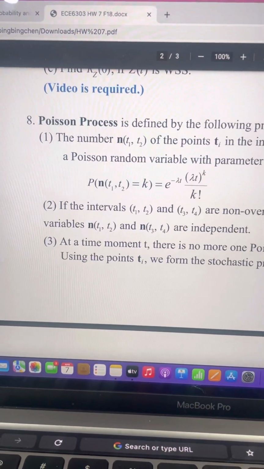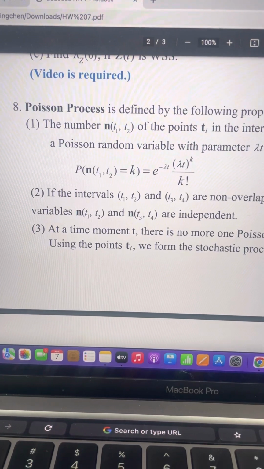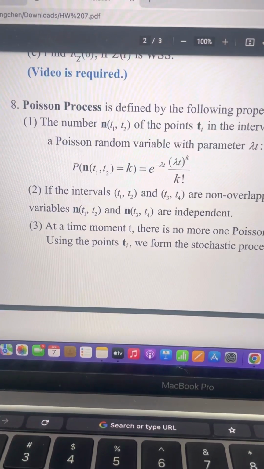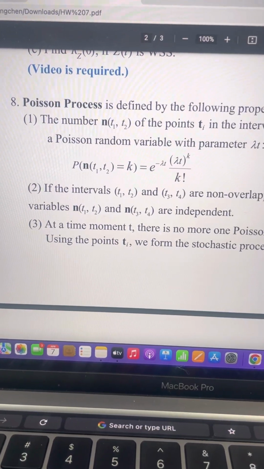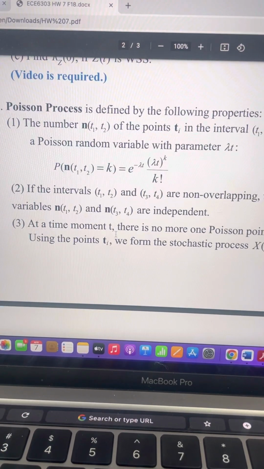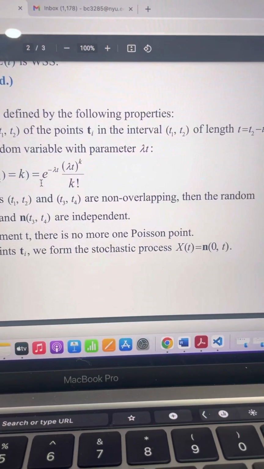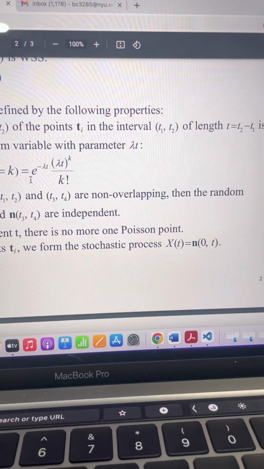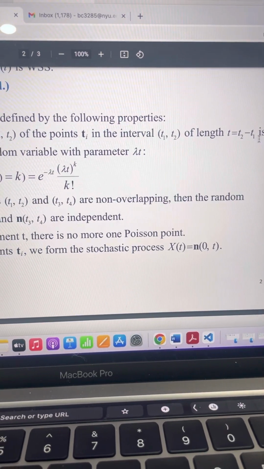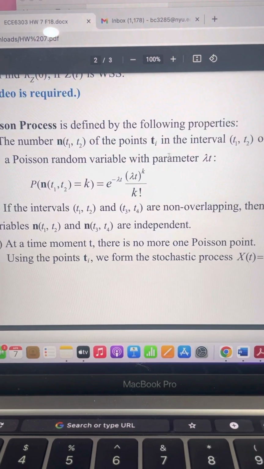Hi everyone, now I'm going to show you how we solve question number 8 on homework 7. We are given a Poisson process, which is defined by the property that the number of points t_i in the interval (t1, t2) of length t = t2 minus t1 is a Poisson random variable with parameter